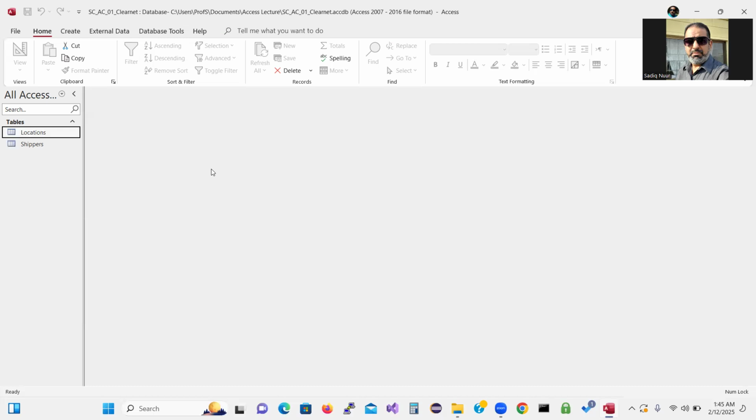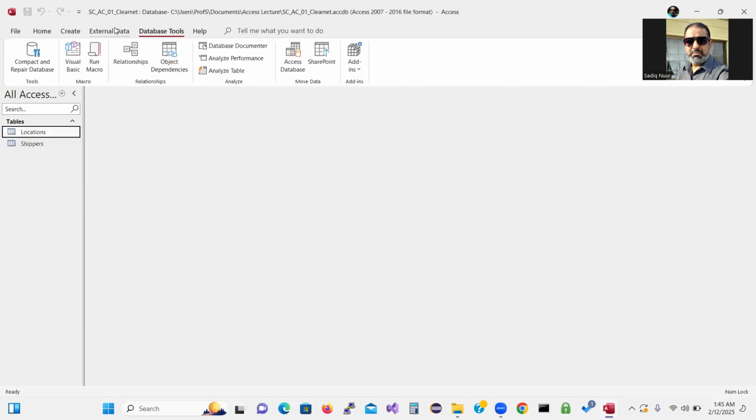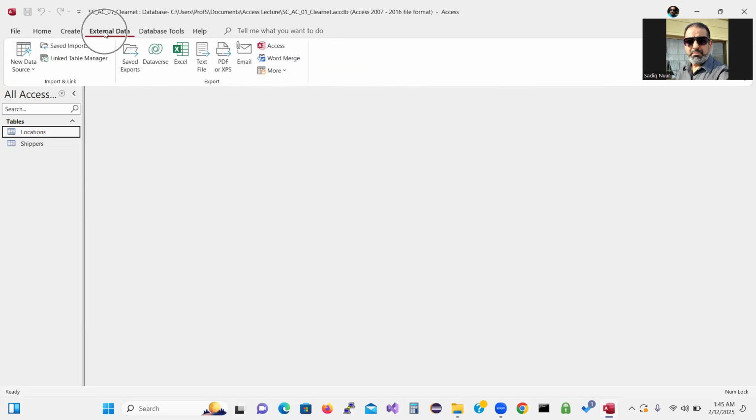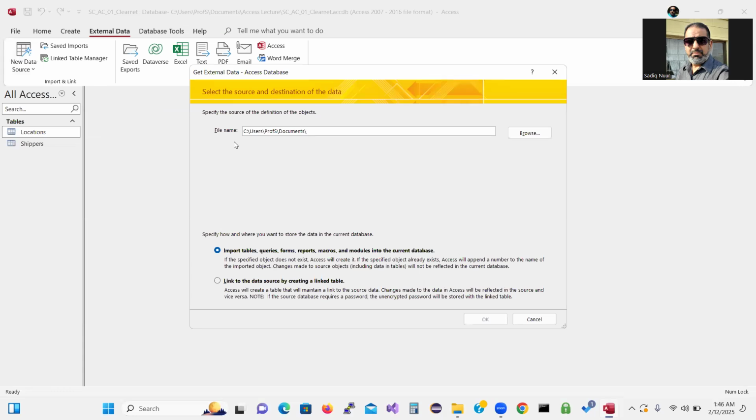So to do that, we will go to the external data, and then you will click on the first group, which is import and link. So you will click new data source, click the small down arrow, and then click the second option, from a database, and click the first one, Access. So what I'm importing is an Access database. So click on it. Now it's going to open external database,